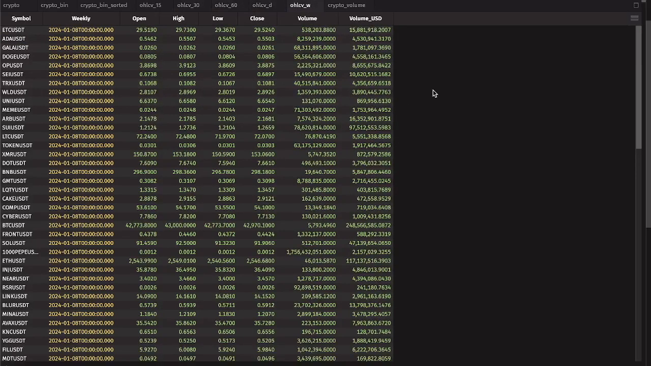I have not yet gotten to the monthly, quarterly, yearly, or some of the 4-hour time frame, the 6-hour, the 12-hour. I like those on crypto. I've not gotten those together yet for a number of reasons, and then I also generate this crypto volume table,